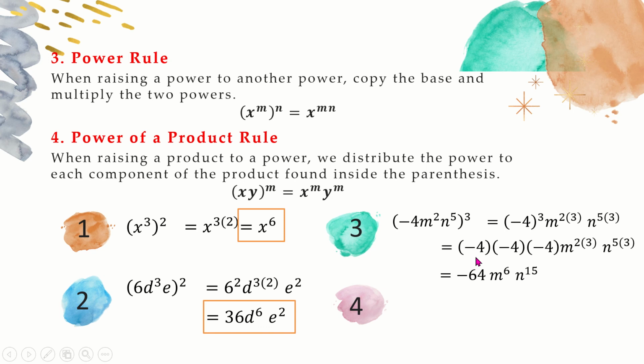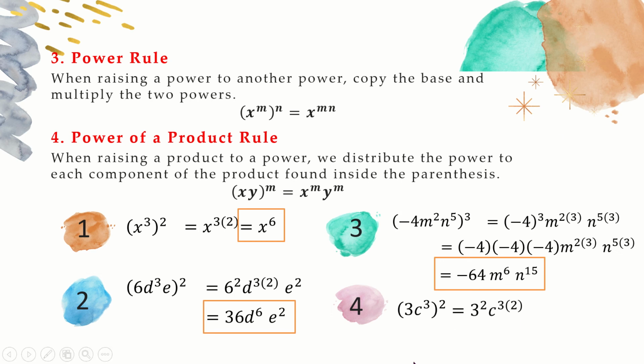So, it is not positive, because we are multiplying negatives three times, so the result should be negative. Then, the exponent of m will become 6, because 2 times 3 is 6. The exponent of n will become 15. Why? Because 5 times 3 is 15. That's the final answer. The last example for this rule: the square of 3c cubed is equivalent to, okay,